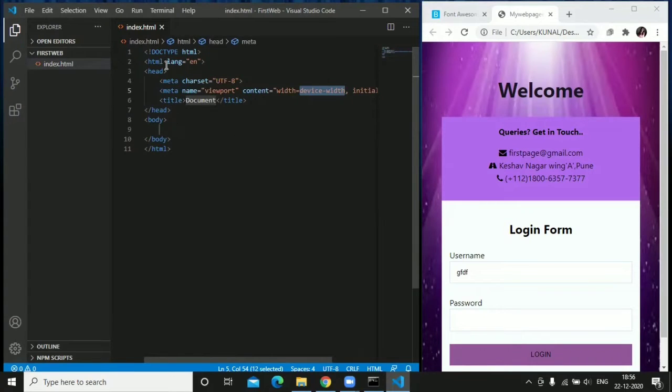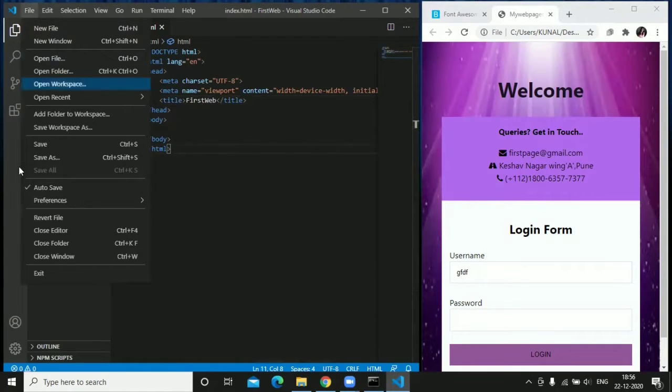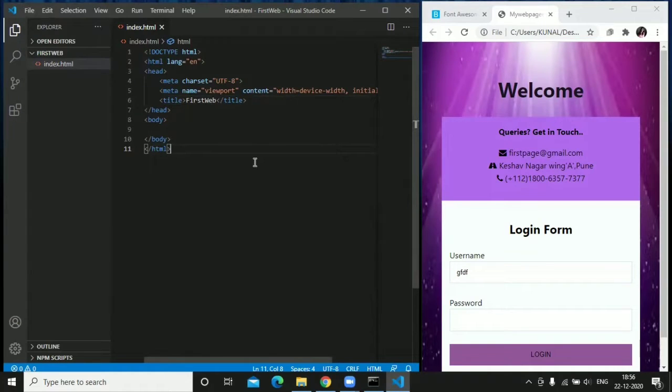This is the necessary code required to perform HTML operations, right? And this is a meta tag. As I told you before, we have to design a responsive web page, right? For that, the meta tag is used. Just name a title for our page and make sure you have enabled autosave here so that you don't have to save it manually every time, right?